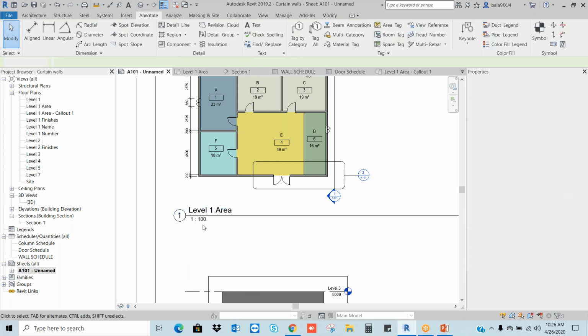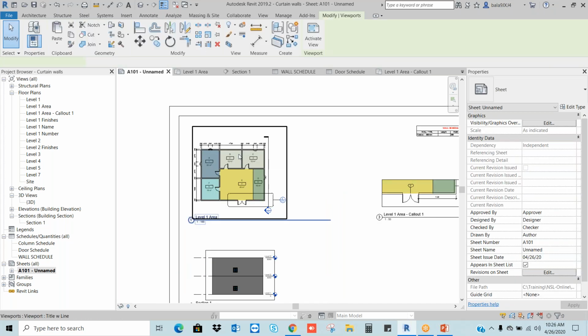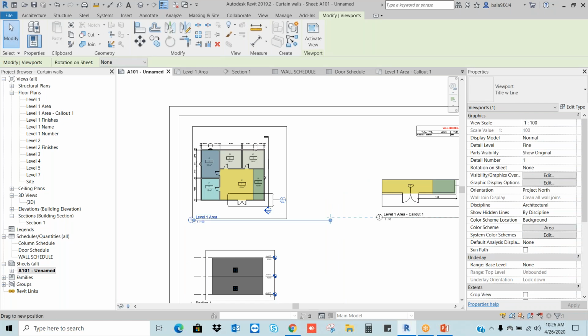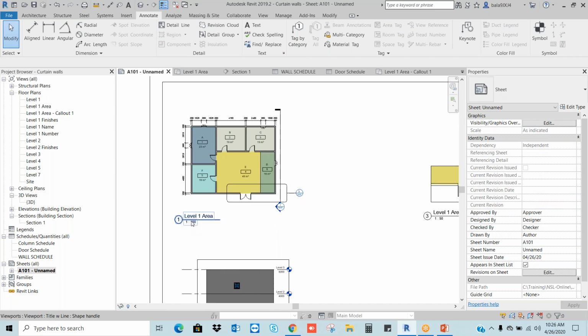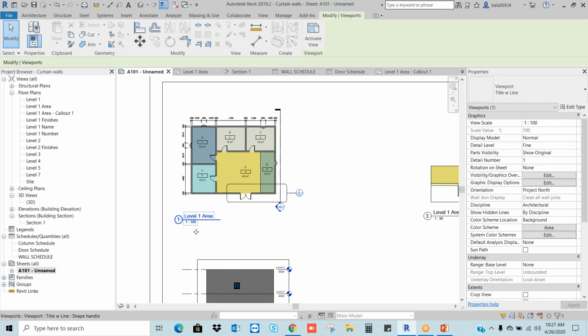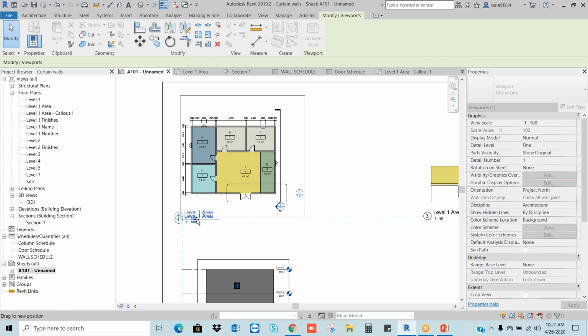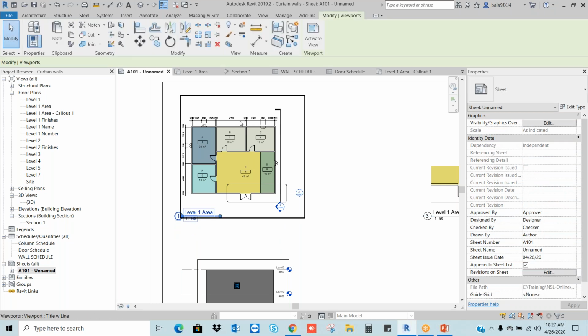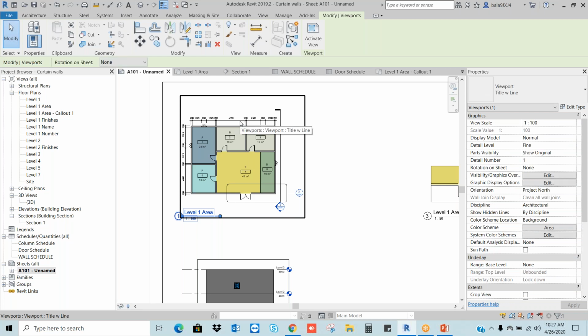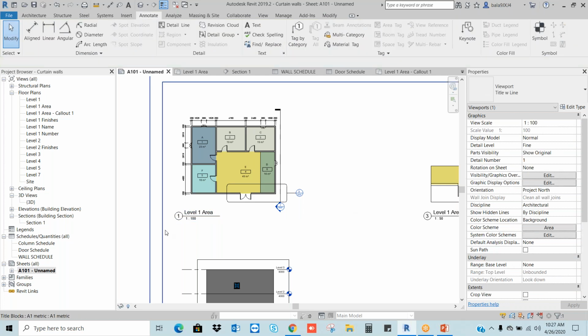If I want to adjust this line, click on the layout viewport, hold this dot, drag and drop nearer. To move this text, only select the text and move wherever you want. If you want to adjust this line, select the viewport. Here you can see the scale 1:100.